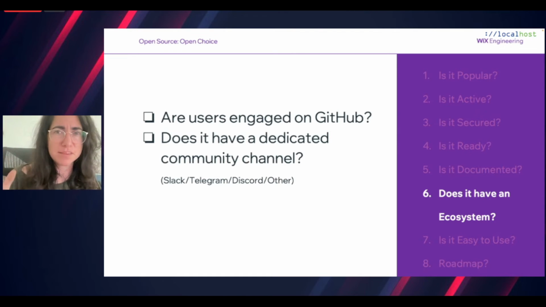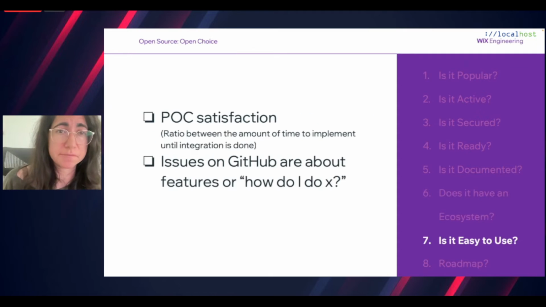So ecosystem is very, very important, and really try to select tools that have a very large ecosystem, because it will help in your day-to-day.